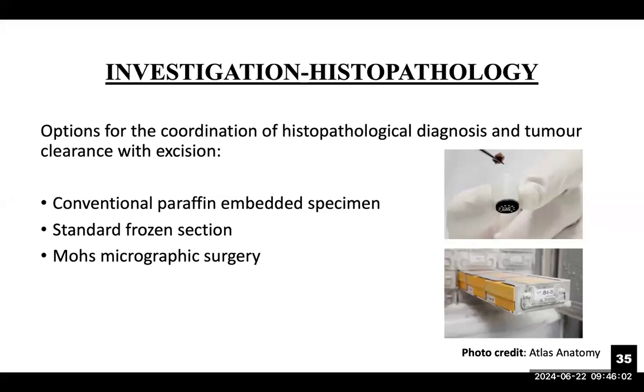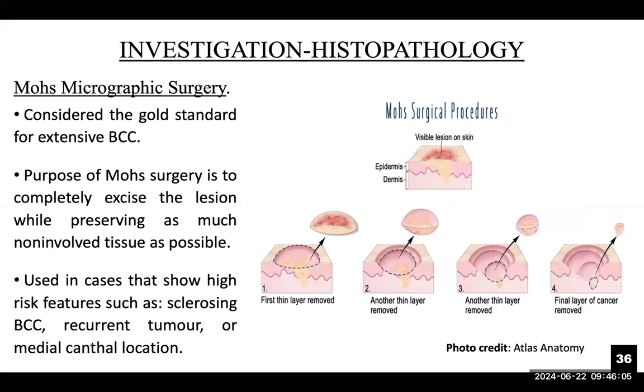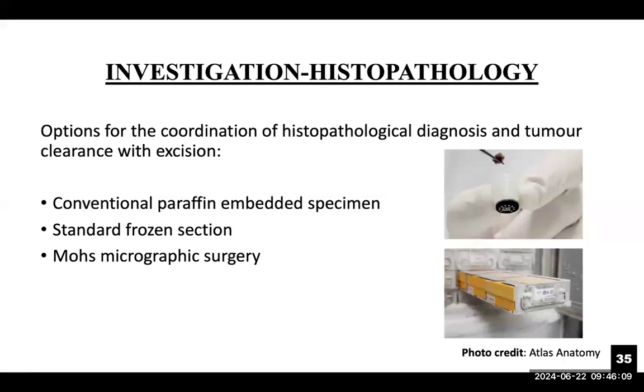So the standard frozen section provides a faster confirmation of results, and it is done at the time of initial surgery. When the tissue is excised, it is passed to the histopathologist, who immediately freezes the specimen using liquid nitrogen or carbon dioxide. Then the specimen is sectioned and studied under the microscope, and the results are relayed back to the surgeon immediately. So for the Mohs micrographic surgery,